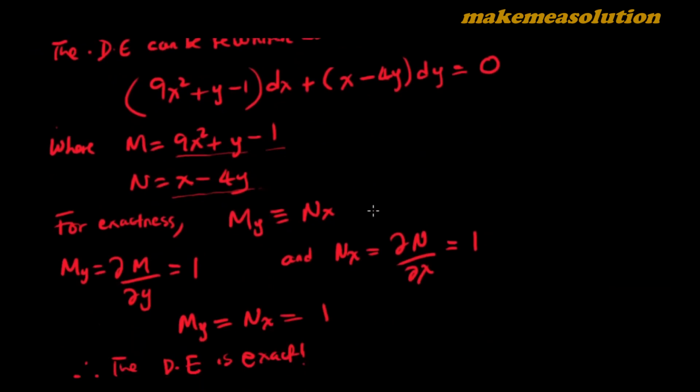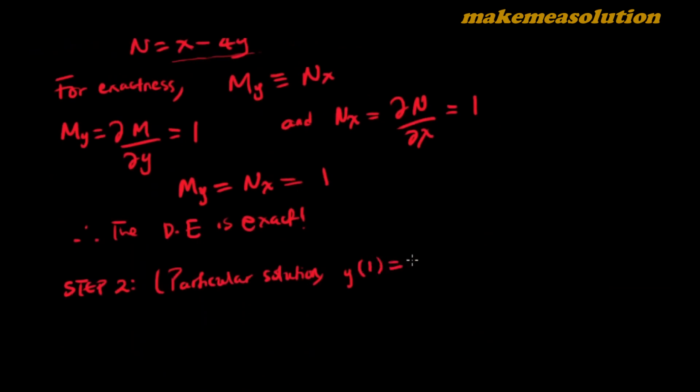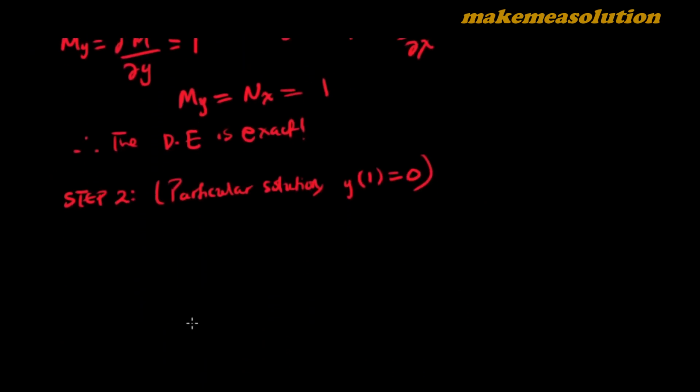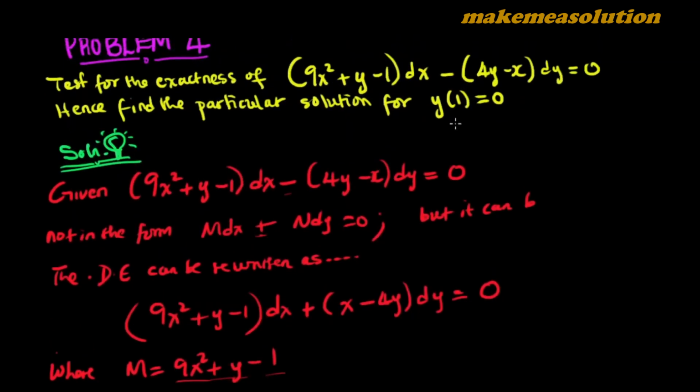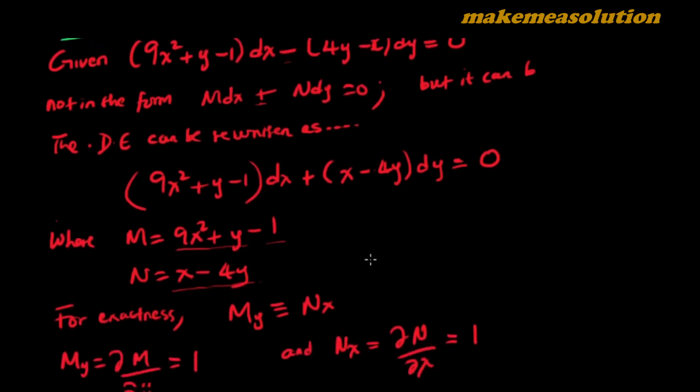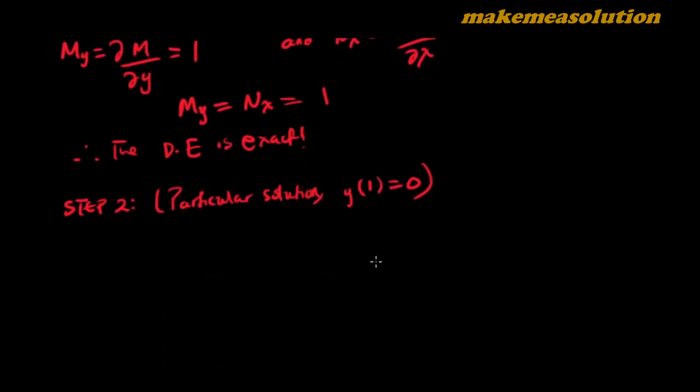of 1 equal to 0. Okay, for this initial condition. So this is an IVP. It's not just a differential equation problem, it's an IVP. You're given a differential equation with an initial condition, so that makes it an IVP. So now that we have established that it is an IVP, we want to solve for the particular solution. As usual, you're going to assume